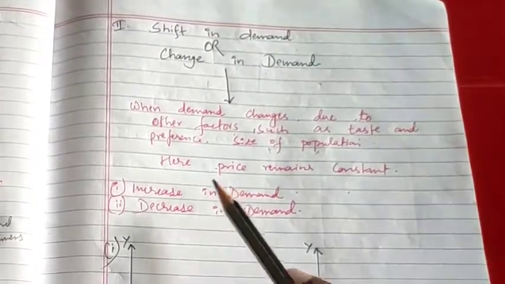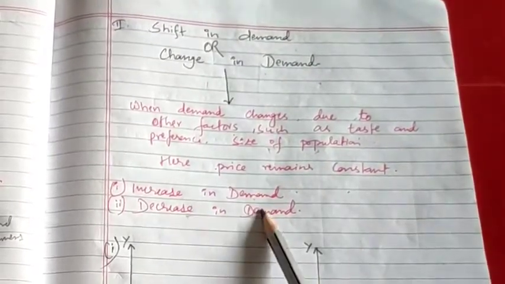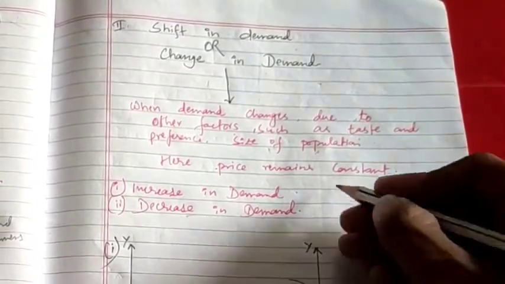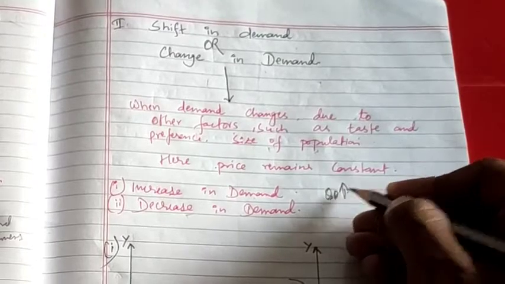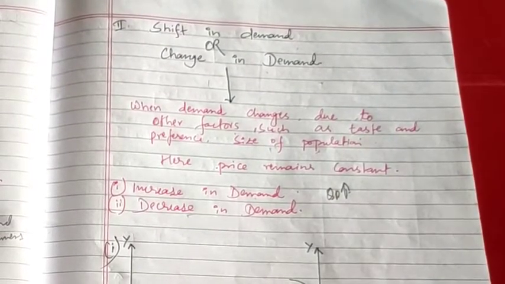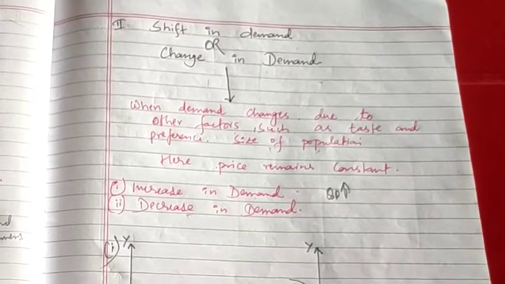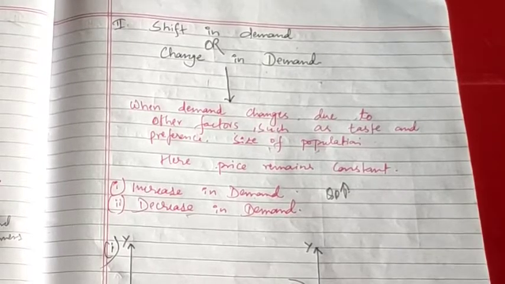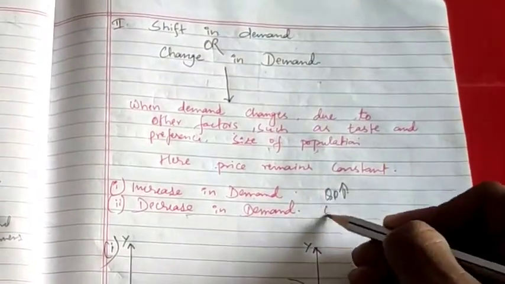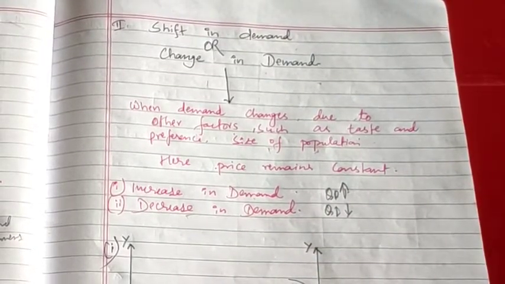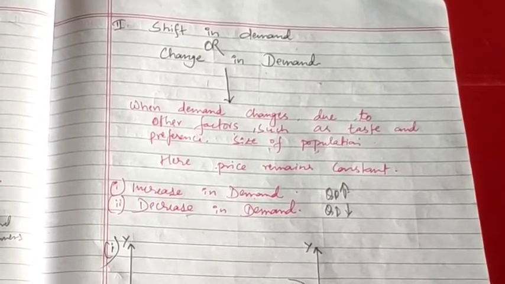Under this we have to study increase in demand and decrease in demand. Now what is increase in demand? As you all know, increase in demand means increase in quantity demanded. So here quantity demanded will increase and there will be no effect on price, meaning quantity demanded is increasing just due to a change in taste and preference. Suppose a person likes a particular commodity, his demand increases irrespective of change in price. Clear? And decrease in demand means when quantity demanded decreases. When a consumer dislikes a particular commodity, then demand for that commodity will decrease irrespective of price.